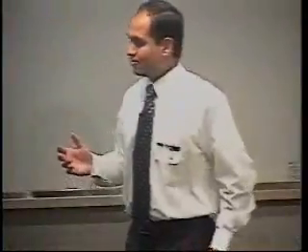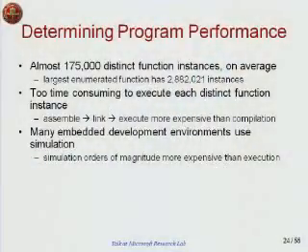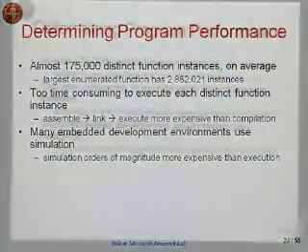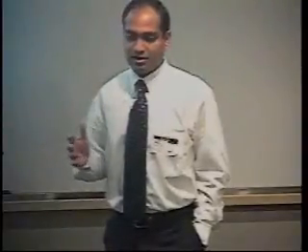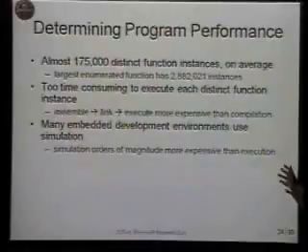Okay, so now the next part is we want to find the best phase ordering with respect to some dynamic performance measure like cycles or time. However, that problem is even more difficult. This is a minor point, just be with me, it is slightly confusing. As I said, I started out with 244 different functions, and I've been able to exhaustively enumerate the phase order space for 234 out of those 244 functions. However, with the input data set that was provided with MiBench, I was only able to execute 79 of those 234 functions. So when we come here to determine the dynamic performance, I'm only considering the 79 functions which were actually executed with the input data set provided with MiBench.